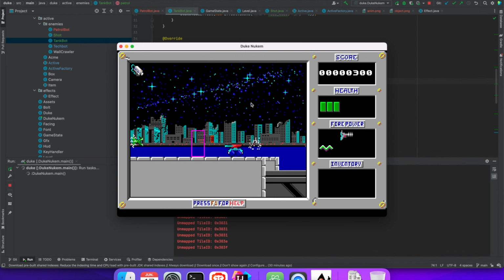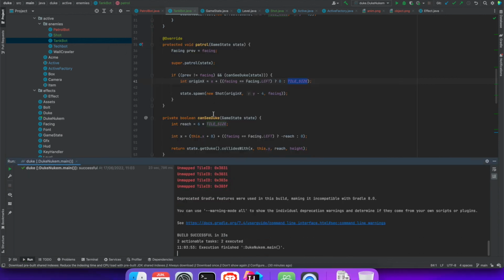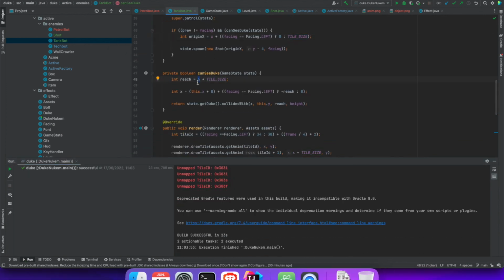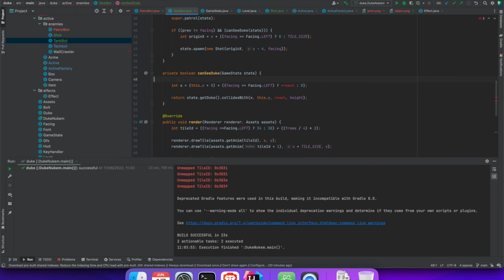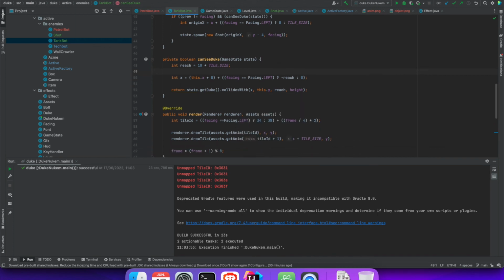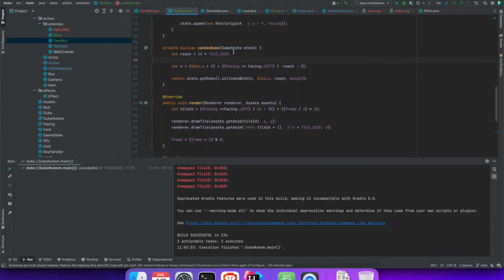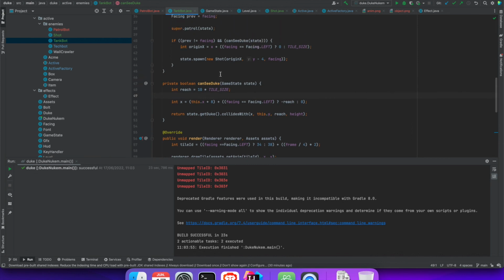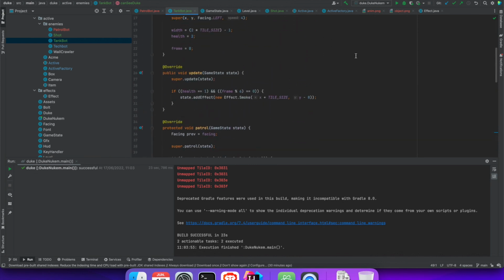So I think we should increase the reach to a bit more. So let's increase his reach to 10 times the tile size, and let's just keep it here. Could be a static variable, but we might optimize this a bit more in the future. For now, I'm pretty happy with the